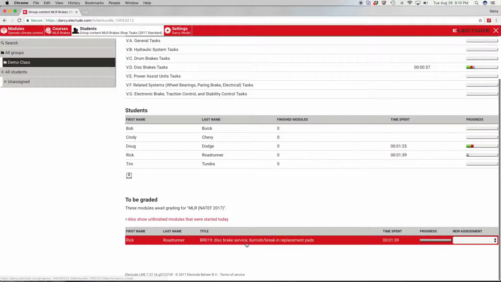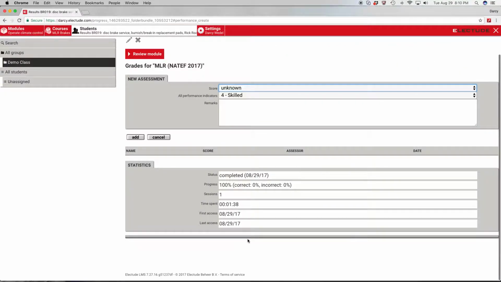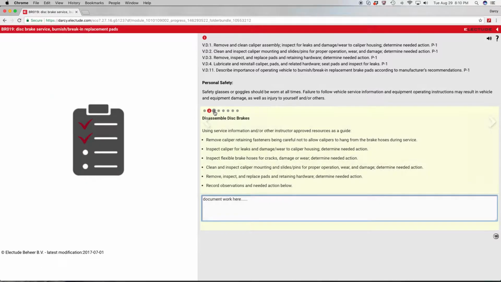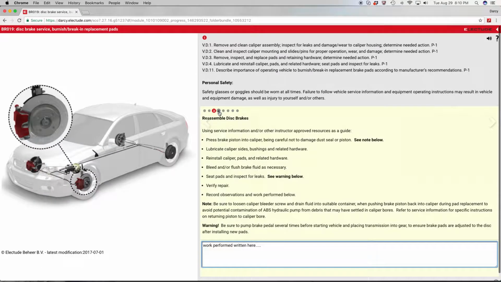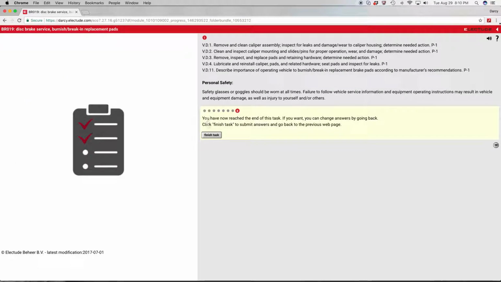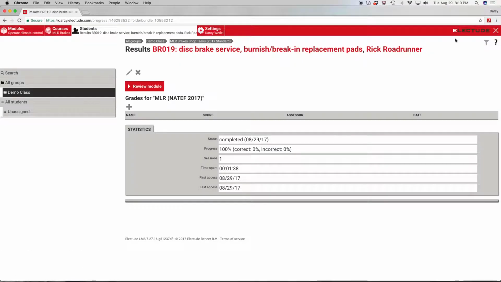Now, if you remember, this task did assess 5 different NATEF tasks. If we want to review this document before we provide a grade, we can click on this line here, and I can click to review lesson. And so then I can scan through these pages and see what work the student has submitted, and then I can close the document, and I could provide a grade from this page here, or I could go back to